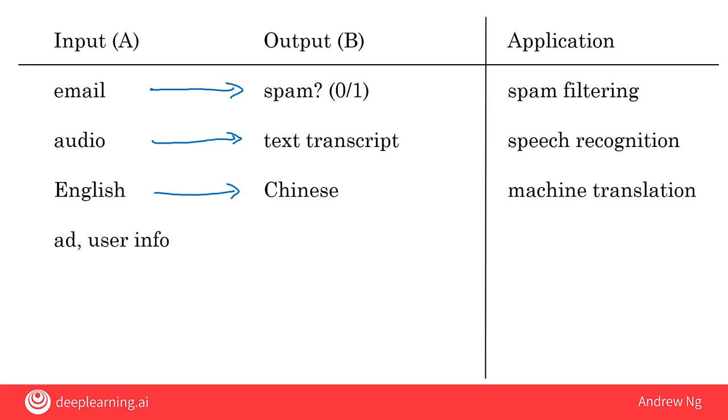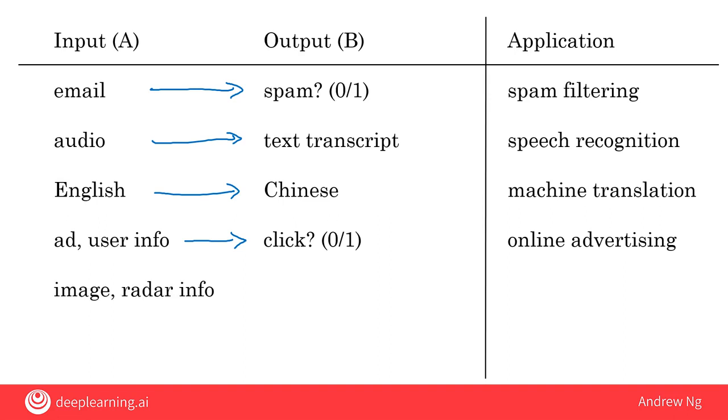Or the most lucrative form of supervised learning, of this type of machine learning, may be online advertising, where all the large online ad platforms have a piece of AI that inputs some information about an ad and some information about you and tries to figure out will you click on this ad or not. And by showing you the ads that you're most likely to click on, this turns out to be very lucrative. Maybe not the most inspiring application, but certainly having a huge economic impact today.